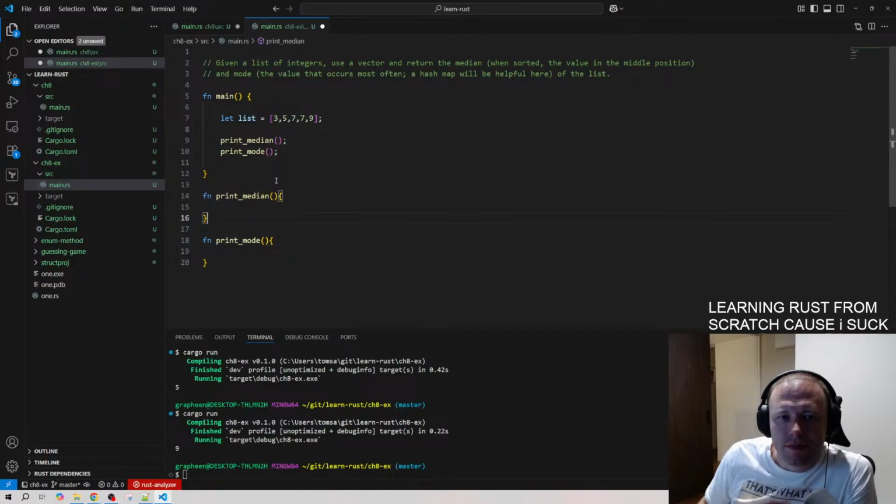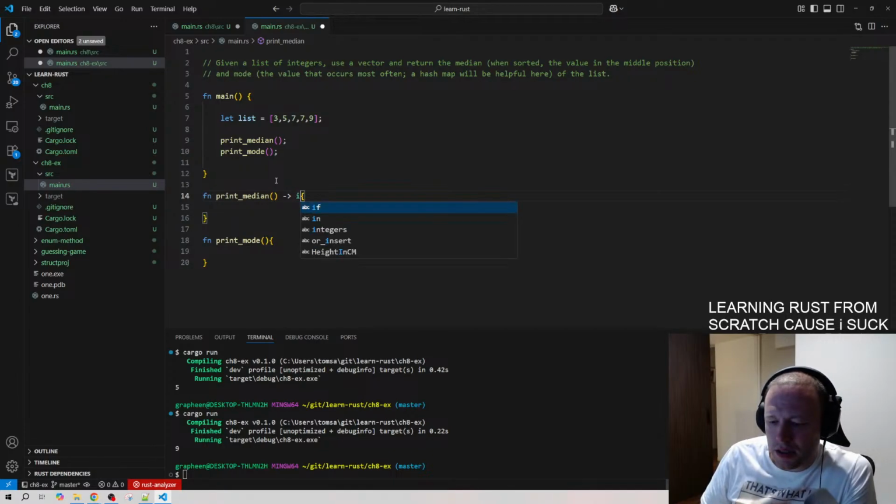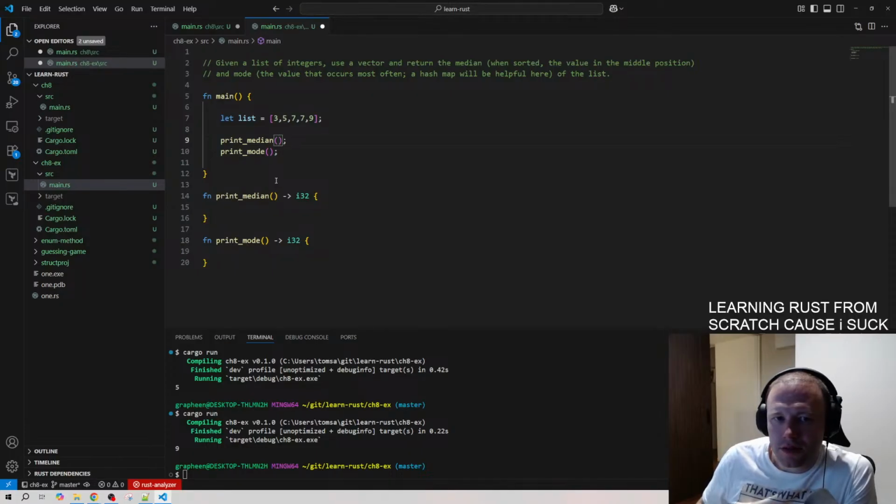All right. We want to return a value, so it's going to be an i32. I think that's the default. And we want to pass in this list, so